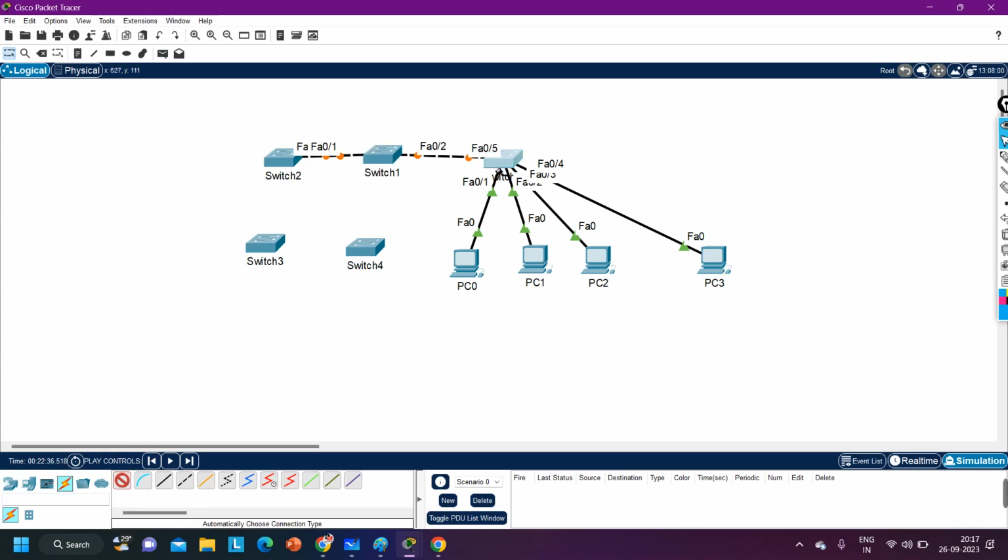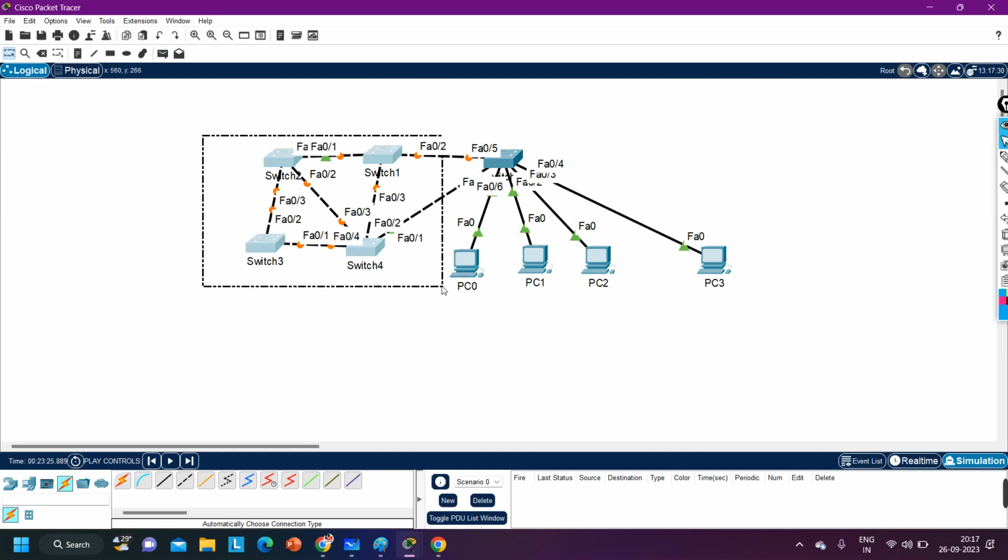Then the GARP packet initiated from this PC3 will be communicated to all the endpoints connected to all the switches in the same VLAN. Correct me if I'm wrong. Correct. But we will not design a network like this. That's why we have a proper design,